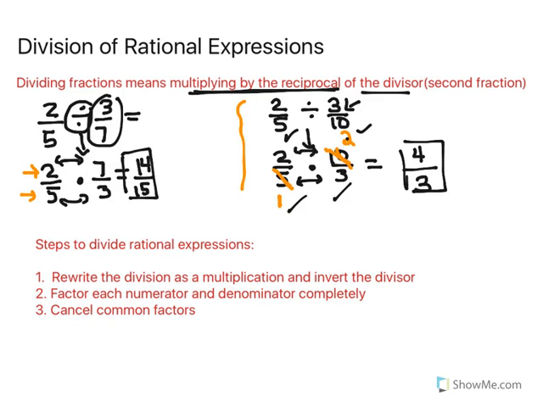Okay? Alright, so what do I need to do now when I want to divide rational expressions? I'm going to work in the same way. I'm going to rewrite the division as a multiplication. I'm going to factor the numerators and denominators completely, and then I'm going to cancel common factors. So let's do our first example and see how we're going to follow those 3 steps, which are rewrite, factor,